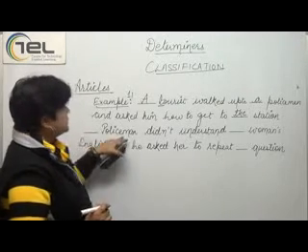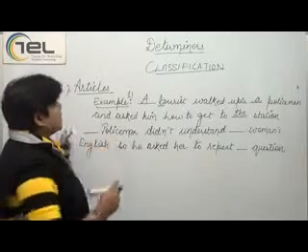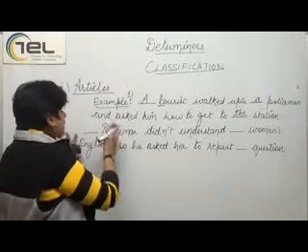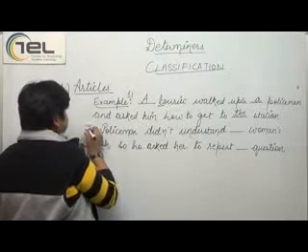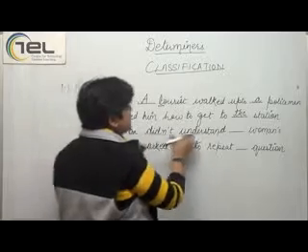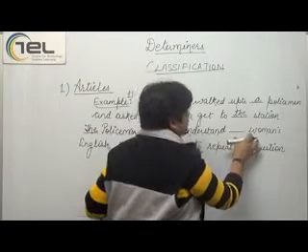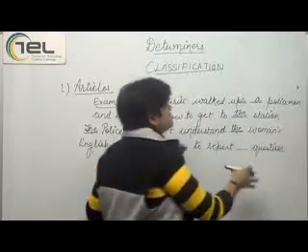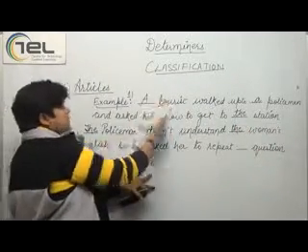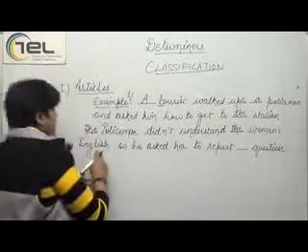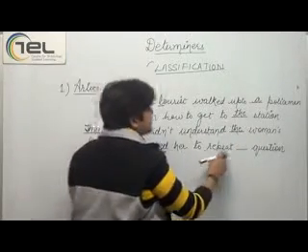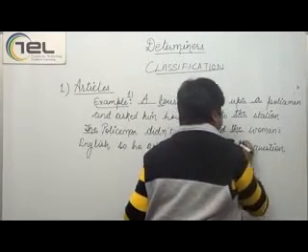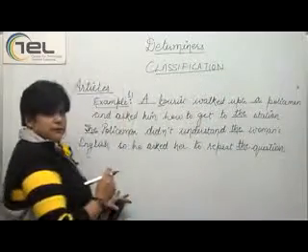Dash policeman did not understand. Now again the word policeman is coming. So I have already introduced a policeman here. I am talking about the same policeman here. So I would use the. The policeman did not understand the woman's English. Again I'm talking about the woman here who is the tourist. So he asked her to repeat the question because again the specification is there. That's why I've used the here.